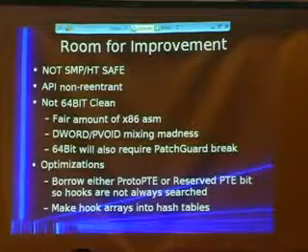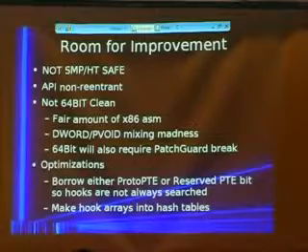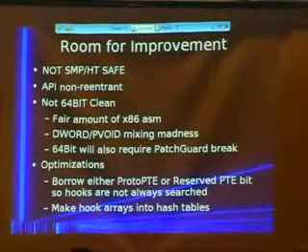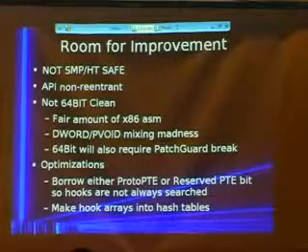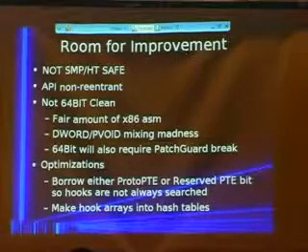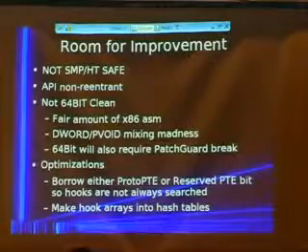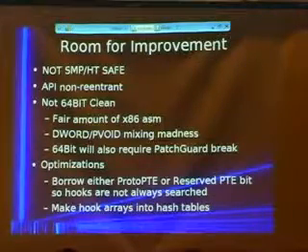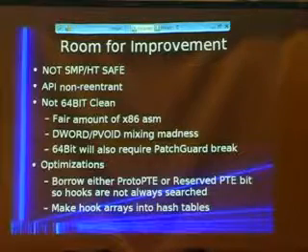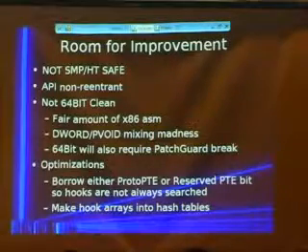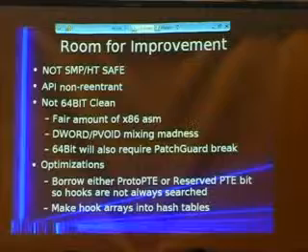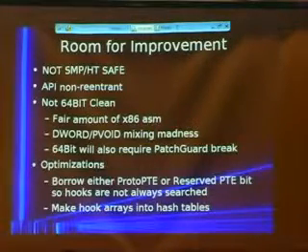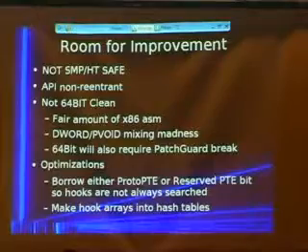If that reserved bit is available and not bug checked, you can actually eliminate almost all of them if they don't use that at all, but that's a big gamble. And these things, I think, are documented. These bits are documented in the ReactOS NDK. It has those filled out for you, so you can have a look at where they live, if you're curious. Also making the hook arrays into hash tables. It's just a linear search right now because I want things as simple as possible. At least make sure it